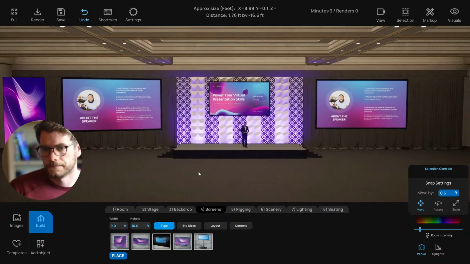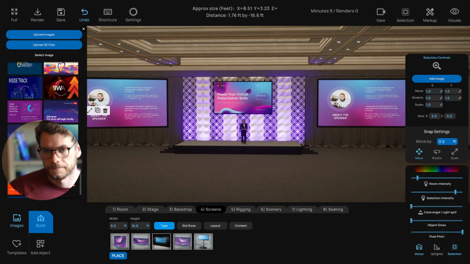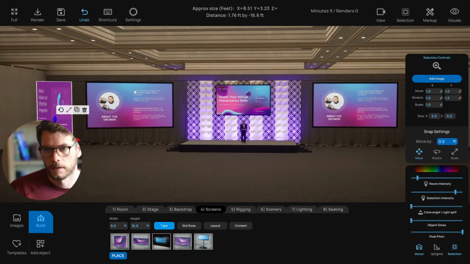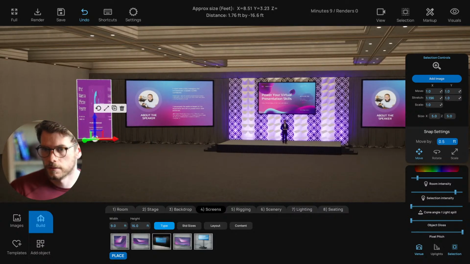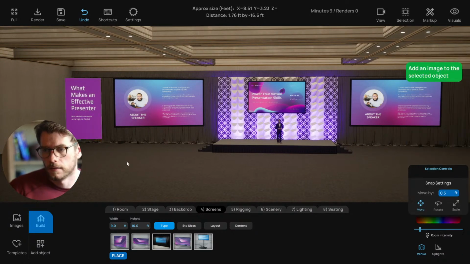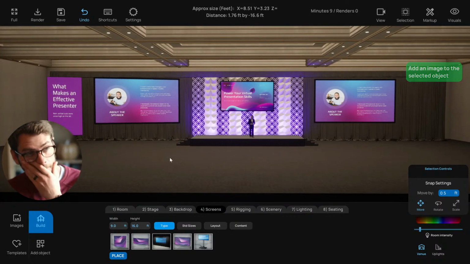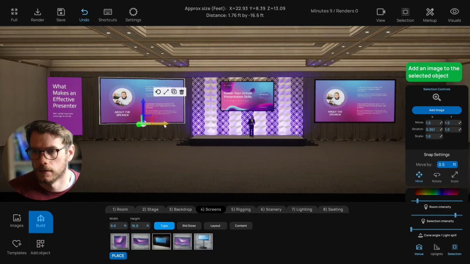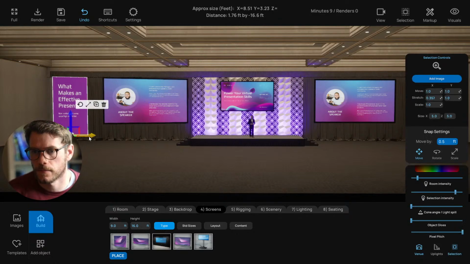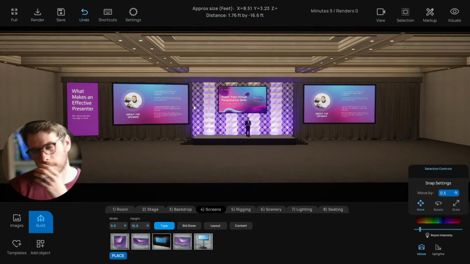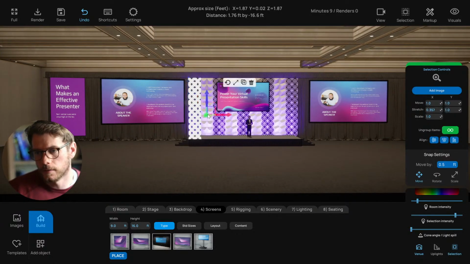Okay. And then I'll put something on it like this and stretch it. Just leave that there for now. All right. So something like this. I'm just kind of playing around with the different ideas here. We could potentially do something back here behind this too, which might look cool. I don't really know. Let me see if